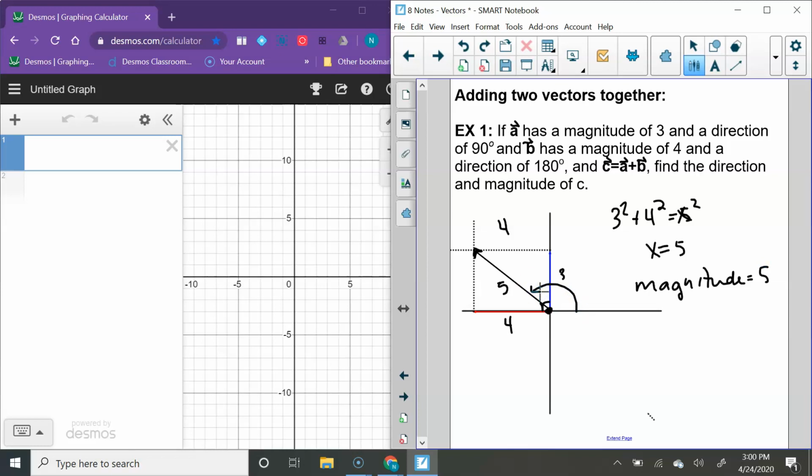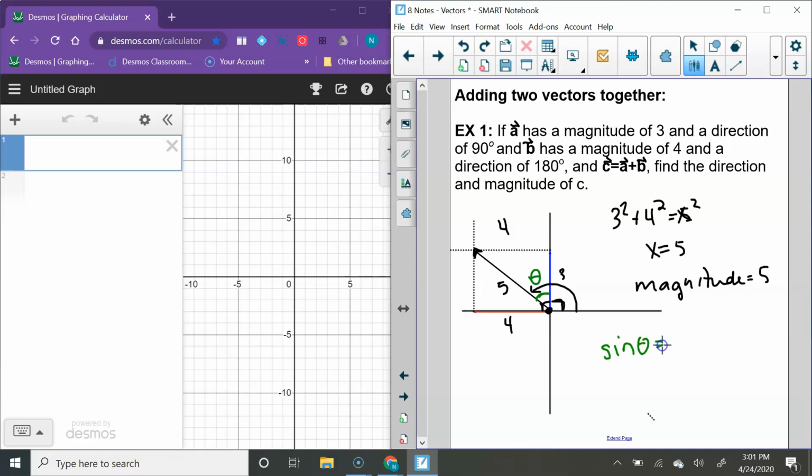And so I know this part of the angle would be 90 degrees, but I need to find this angle right here. This little angle right here, so I can know what that direction would be. So I'm going to call that theta for right now. And so if I'm looking at theta, I know all the sides of the triangle, so I could pick any of the trig functions, sine, cosine, tangent. It does not matter which one you pick. Let's just pick sine